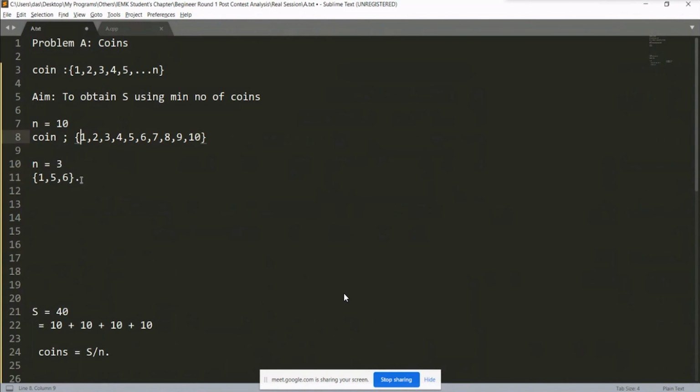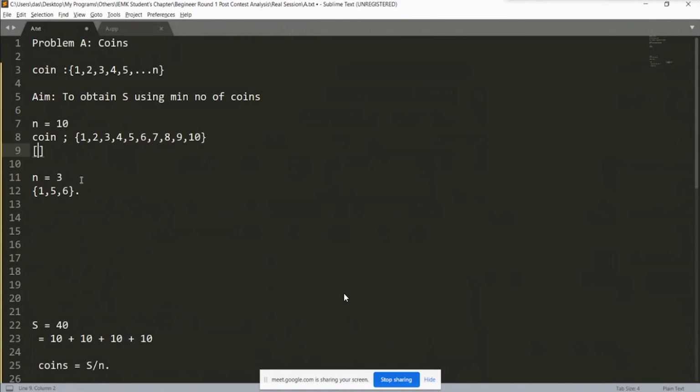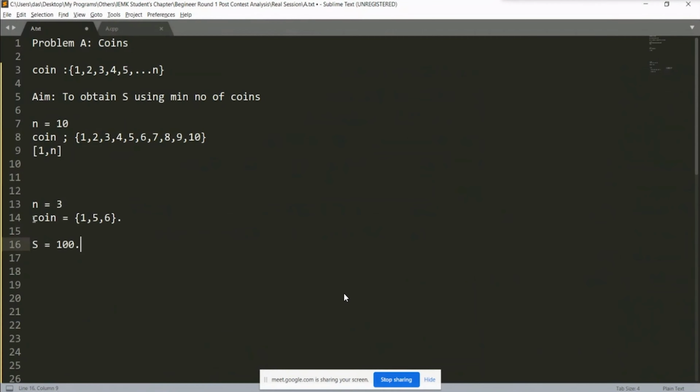No, the approach that I am using, you see, these coins are totally contiguous. We have all the values from 1 to n. Okay, but is there any other procedure we can use for that type of problem? Yeah, I'm telling you, in your problem, suppose you have n equal to 3 and you have coins taken from the user and you want to obtain, say, s equal to 100. In that case, how I would approach the problem is, again, first, it's not always possible that we would be able to solve it.